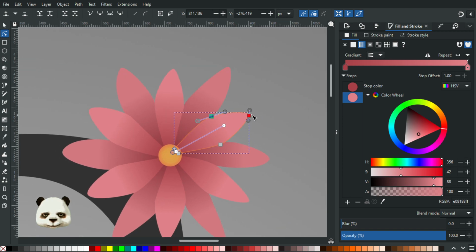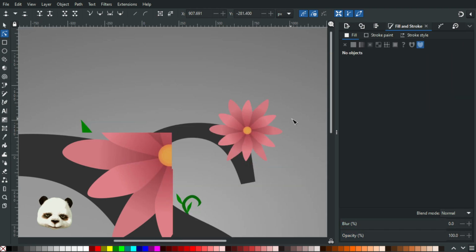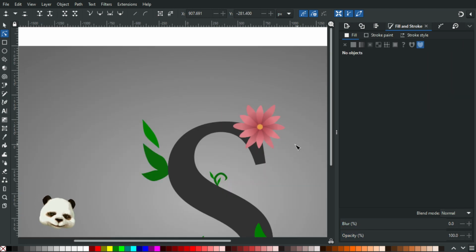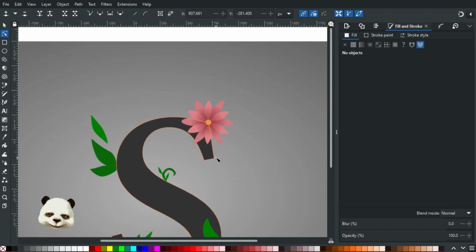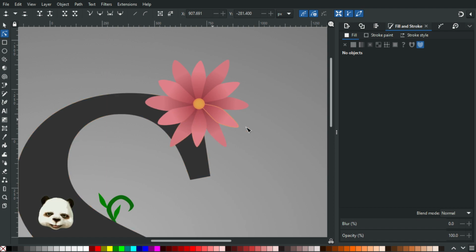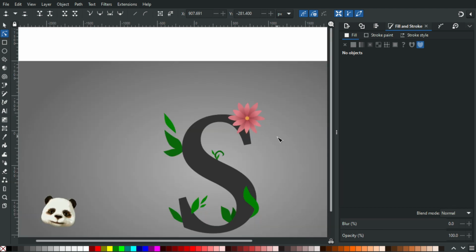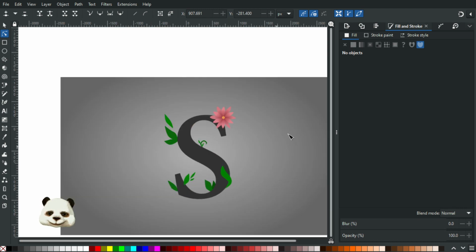Maybe this one a bit longer. Of course, there will be some need for shadows and stuff. Right now, it's not perfect, but it's a beginning. We still have to add details to it, and let's see how it looks with that